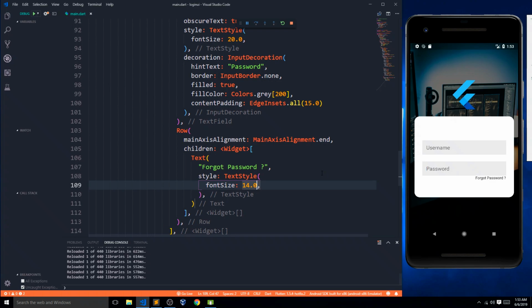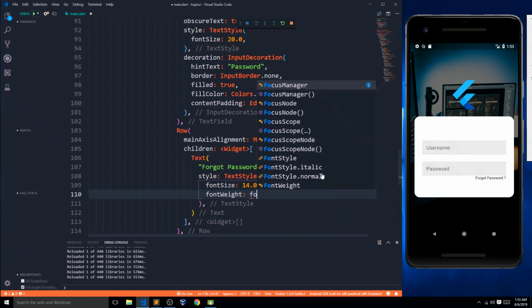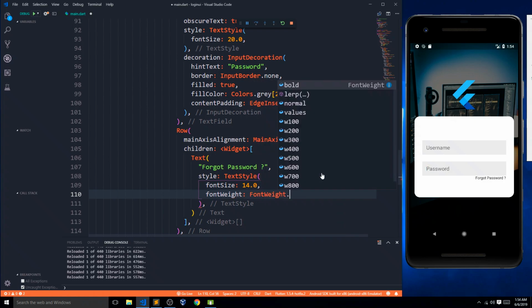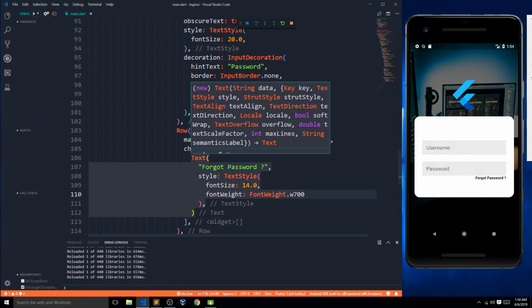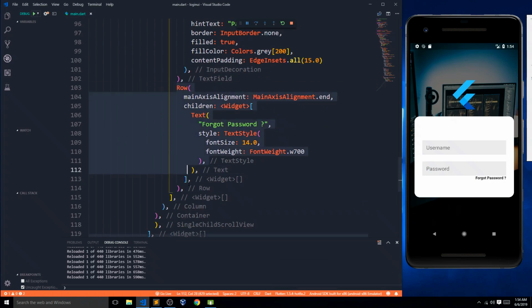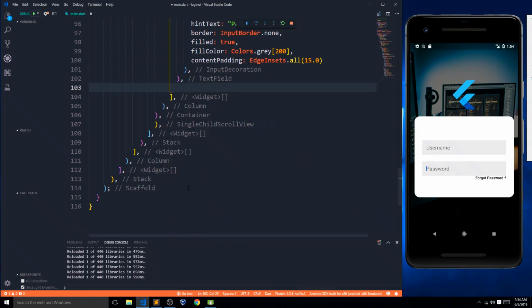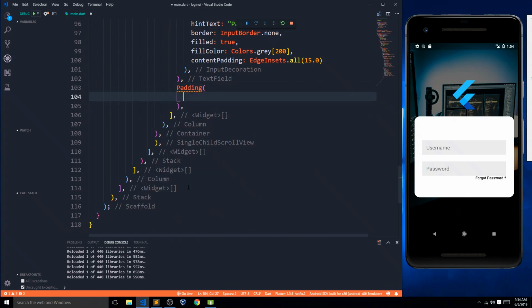14.0 is good, and also the font weight will be FontWeight.w700, I think is decent. Okay, now also I want some padding around this text widget, or you can say around this entire row. So maybe I should just select this complete row, and I'll cut this, and I'm saying that I have some padding, and this padding is going to